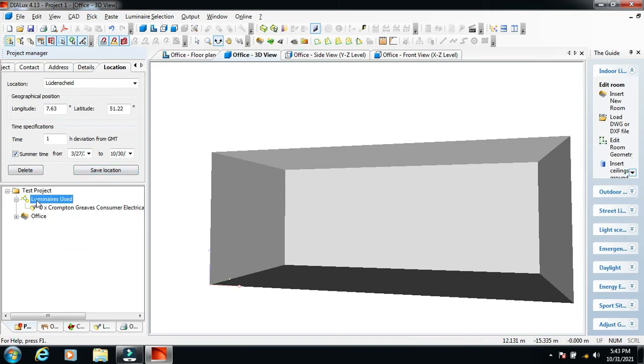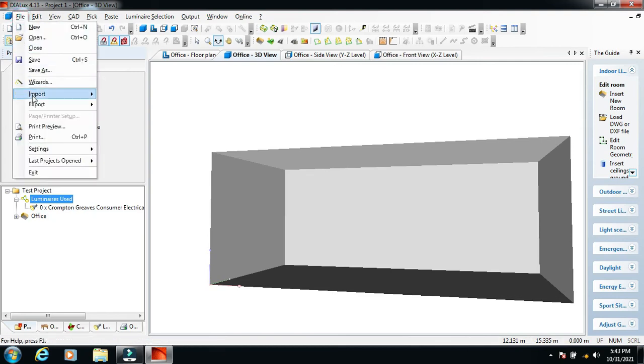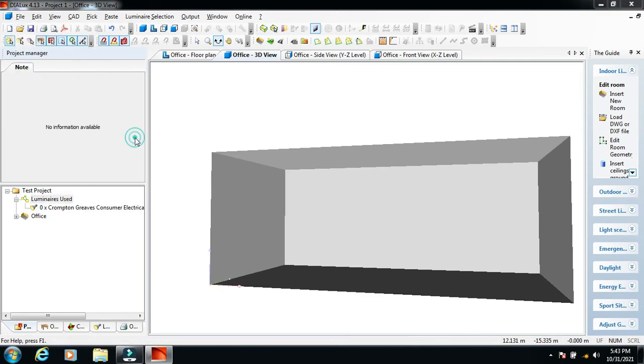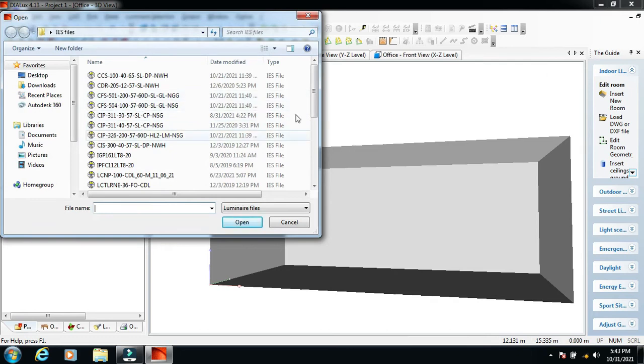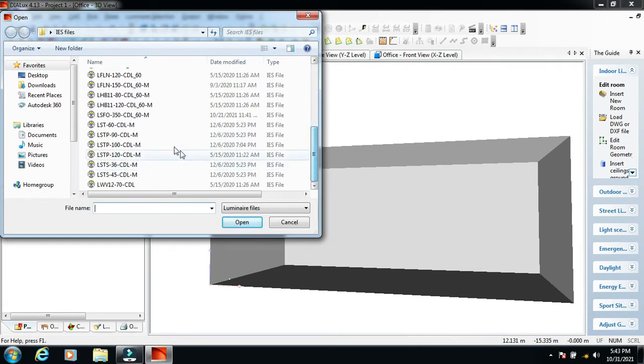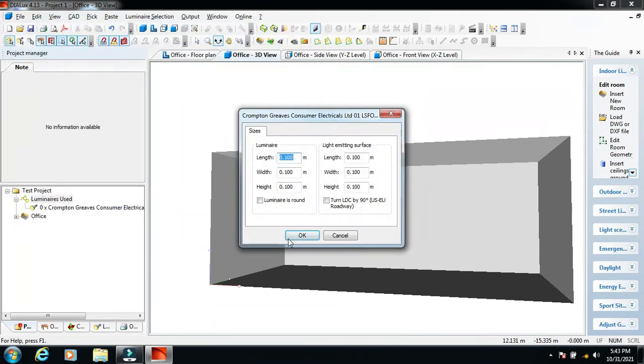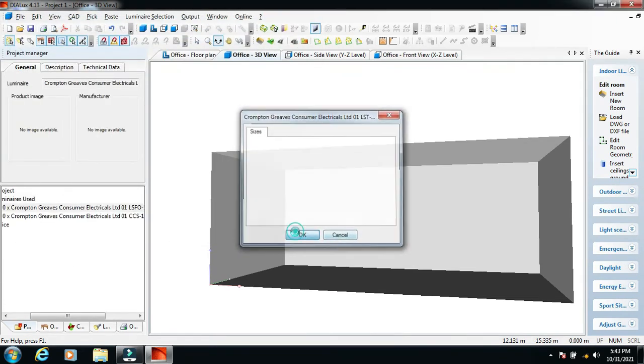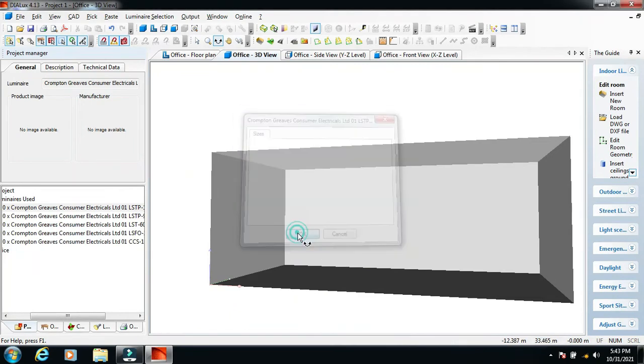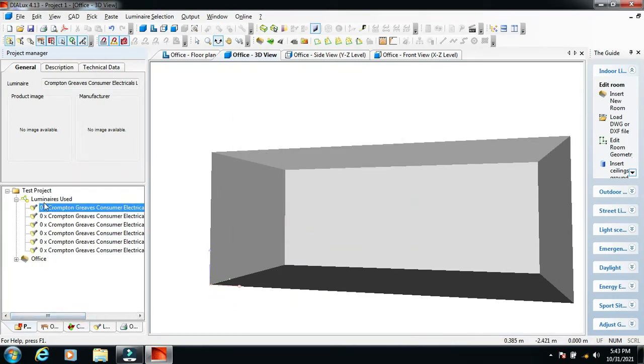So let's say this is one luminaire and I want to add more luminaires in this particular file, as required. If you see this particular screen, I can just double click or select multiple and just click OK, and all those files will be directly coming up under my project. Each light fixture is different and you can just see the values.